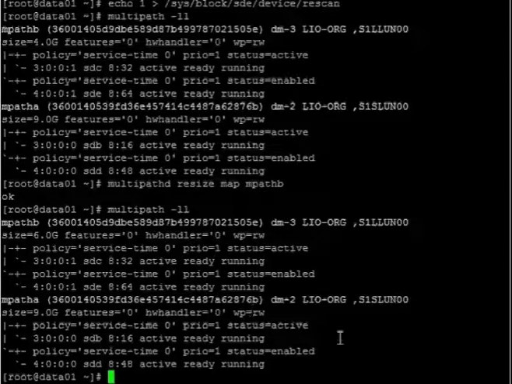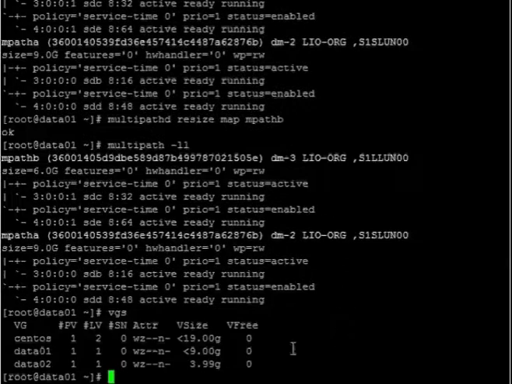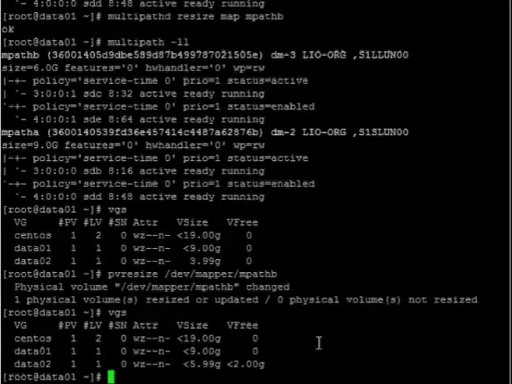Now we are going to extend our partition. You can see in LVM also the disk is only 4 GB. It is showing 3.9 GB. We need to resize the PV with the pvresize command. After resizing, you can see the extra 2 GB space has been added.